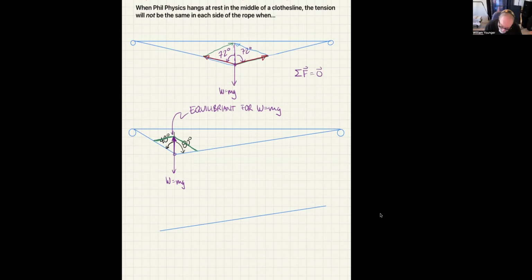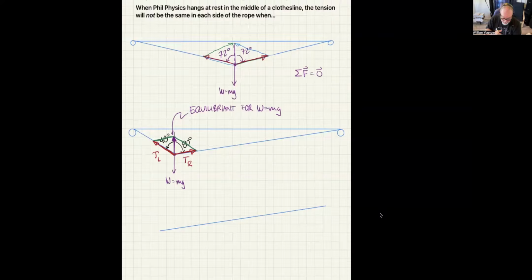Now you can figure out exactly which tension is larger by comparing the length of this tension to this tension, like this. So this is tension left and this is tension right,